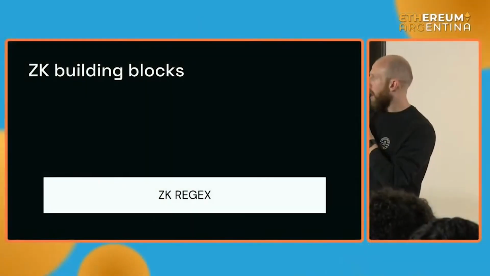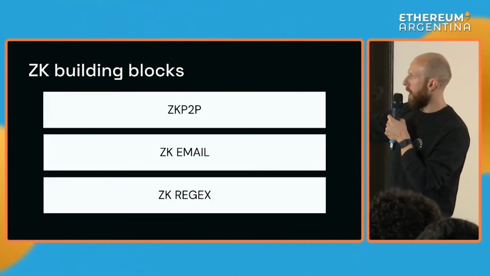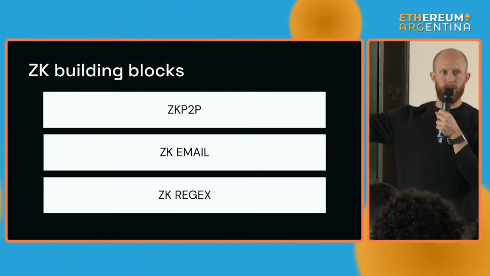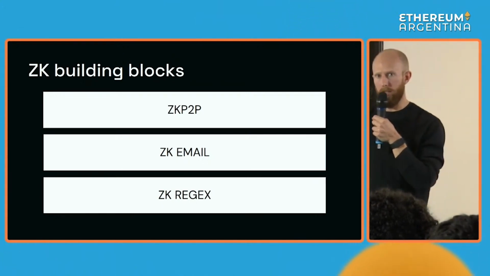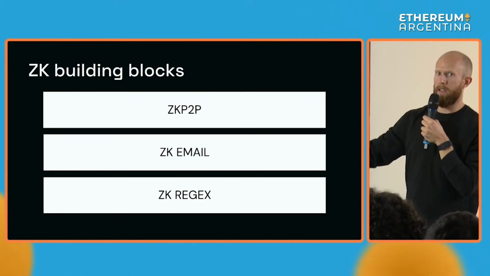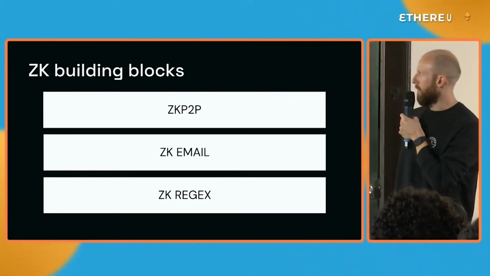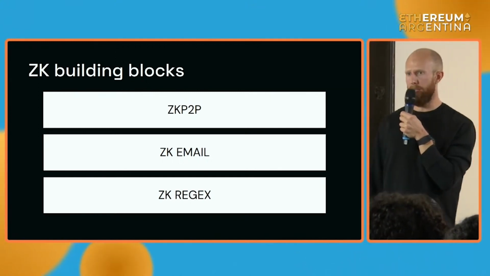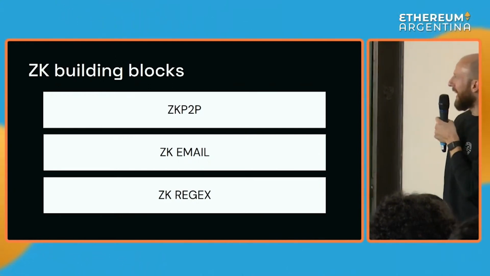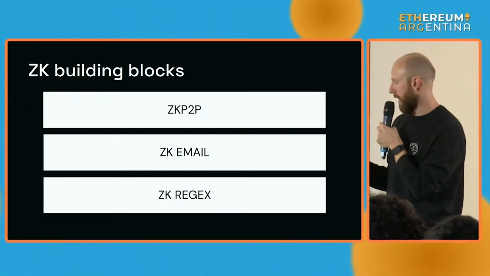So again, just starting with really simple primitives and libraries that people have been building over time, you can start to see that teams are able to build these really interesting, novel applications that protect privacy and do really useful things without having to do a whole lot. I don't know how big the ZK P2P team is. I think it's less than 5 people. But it's just impressive what these building blocks can enable us to do.